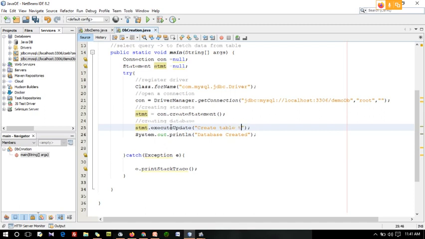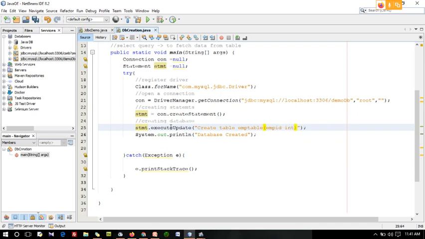I'm just going to have table 1, or else an emp table. Inside this emp table, what are the fields? You should mention the fields here, that is very important. Emp id: you can fix this as varchar or integer based on the requirement.